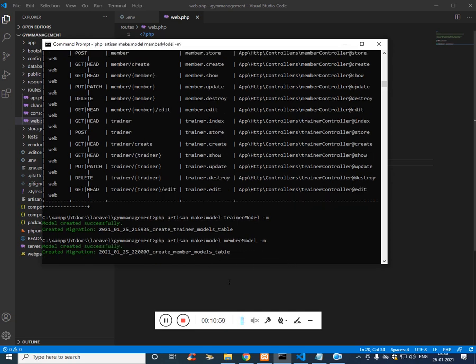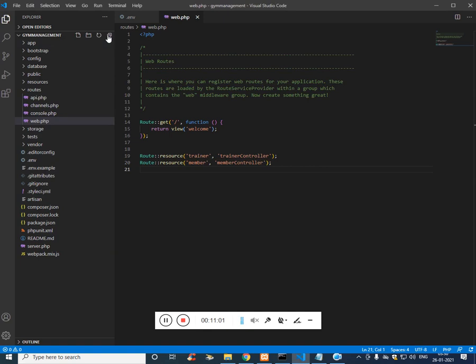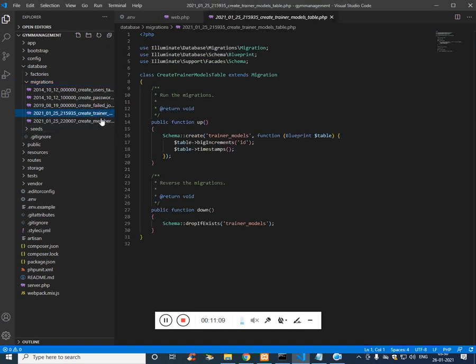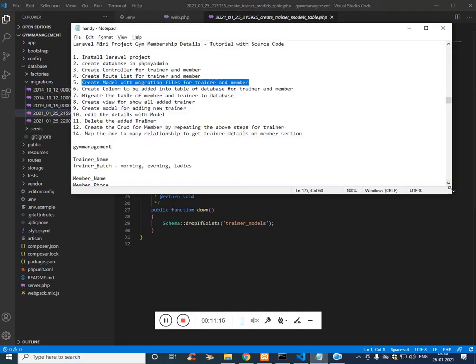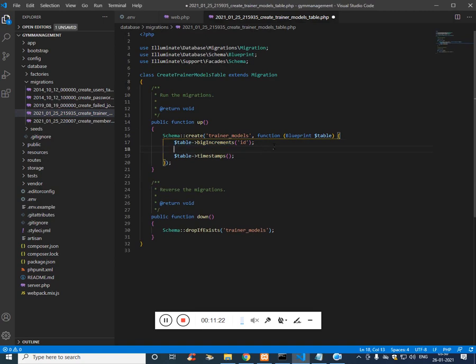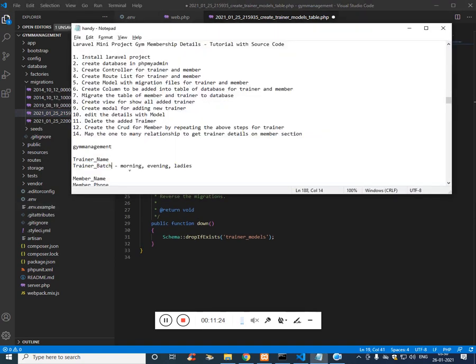Now these two migration files will be available in the folder called database. Inside database we have migration. These are the two files, create trainer and create member, which were just created using the command prompt. For create trainer, what are the columns we need? For trainer we need trainer name and trainer batch.